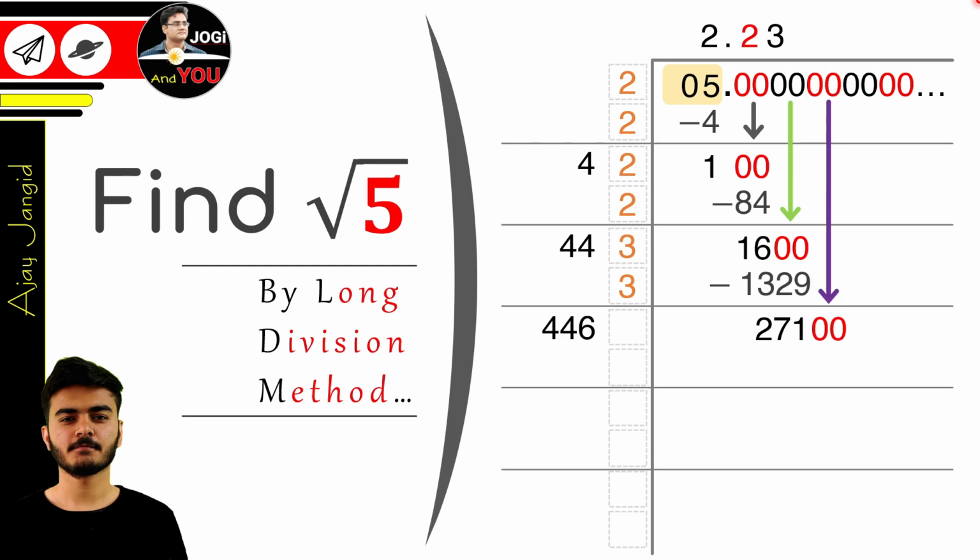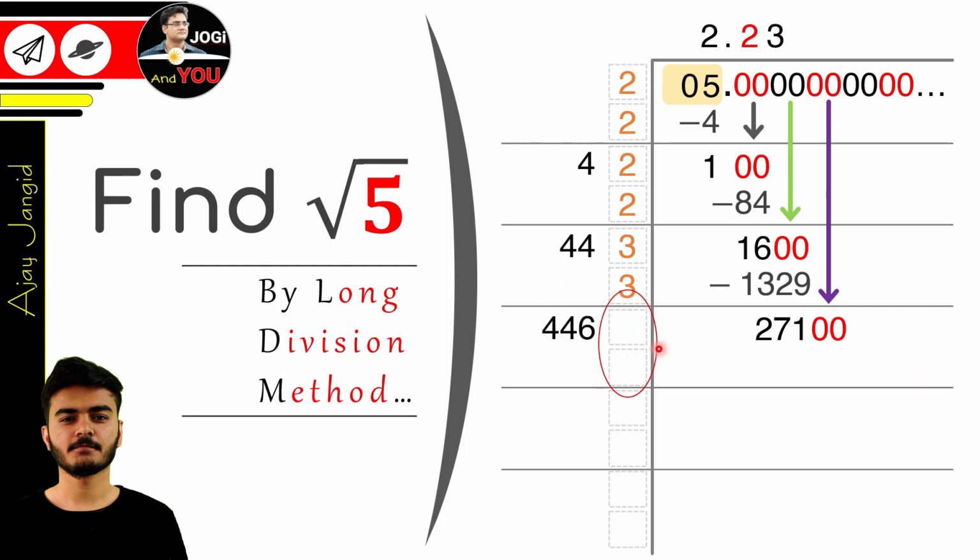I hope you are getting this method. So 446 on the left side will become something like 4500 after placing any number here. So let me tell you an easy hit and trial trick to solve big digit square roots in this method. I mean, you can't try all the numbers 1 to 9 and multiply with each to get the answer. It will take you a lot of time. But don't worry, I'm here to save your time. So assume this 446 something as 4500, because if you put any number here from 1 to 9, it will become near to 4500. So assume this 27,100 as 27,000.